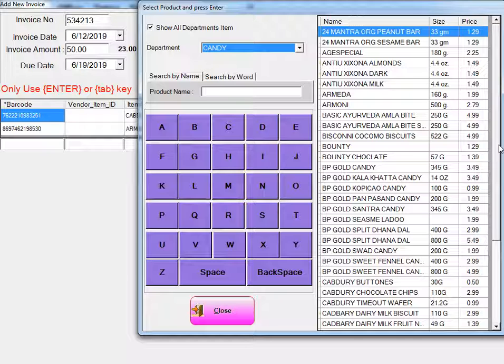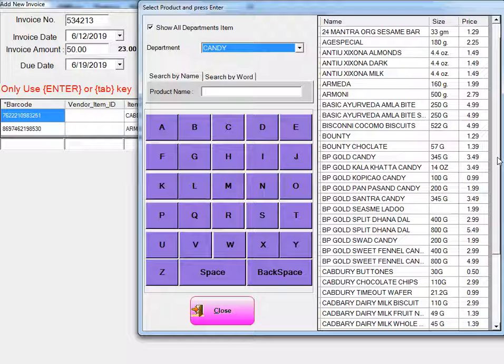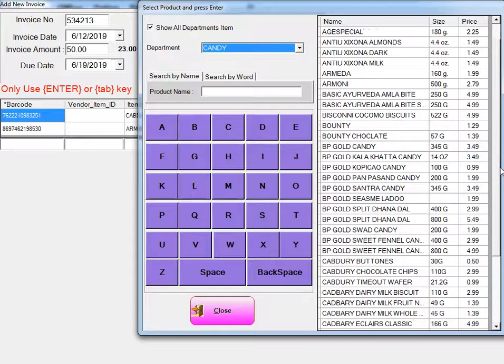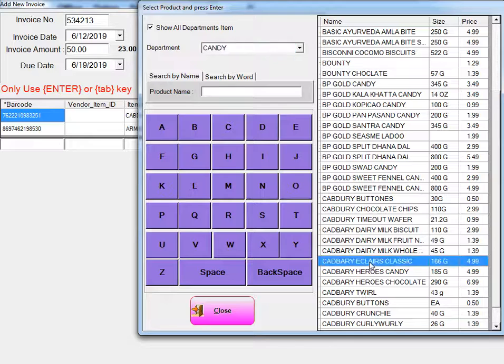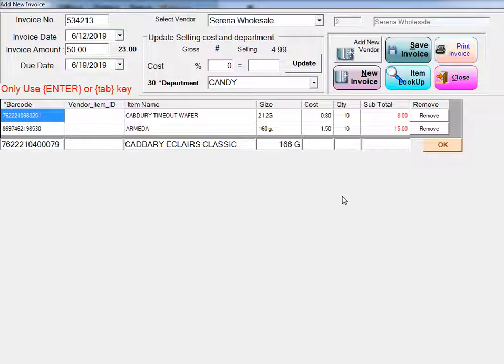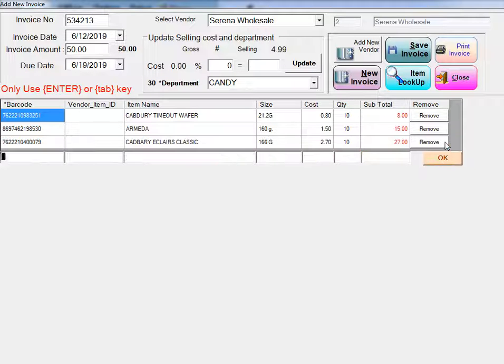Same thing we did the other 2 times, and select the item that you're trying to add in the invoice. I'm going to click on it. It's going to show up here again, and you can input the quantity of the item right here again, and then input the subtotal again. And then you're gonna hit OK,